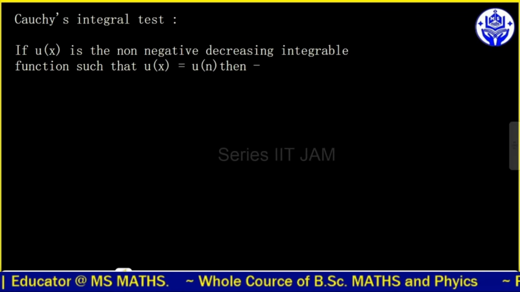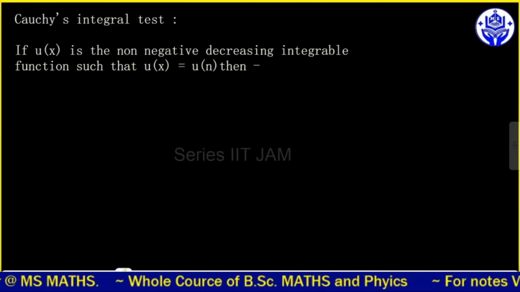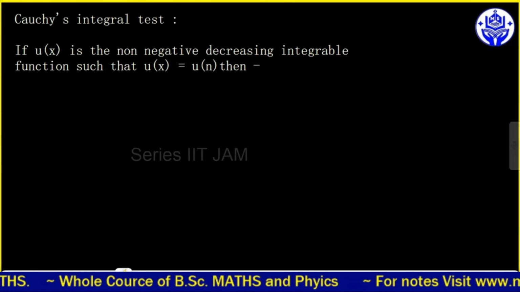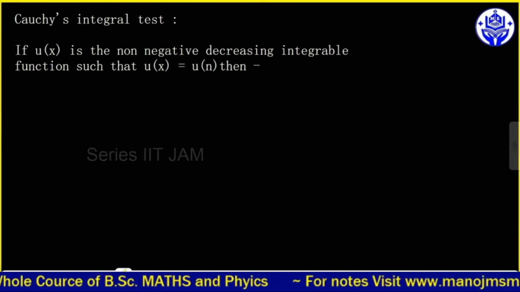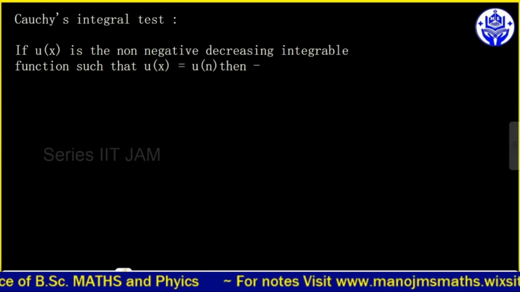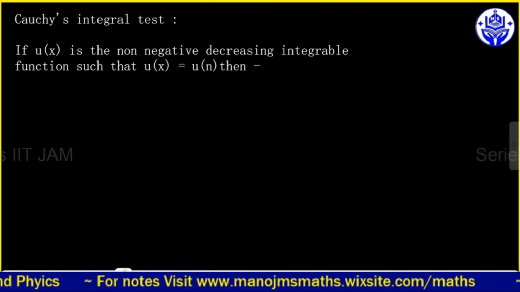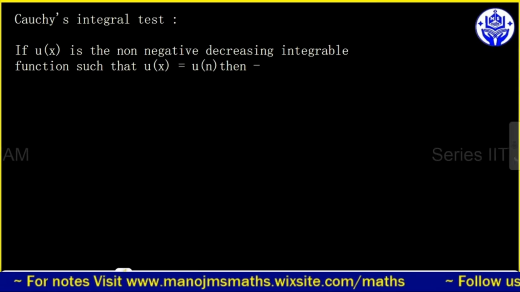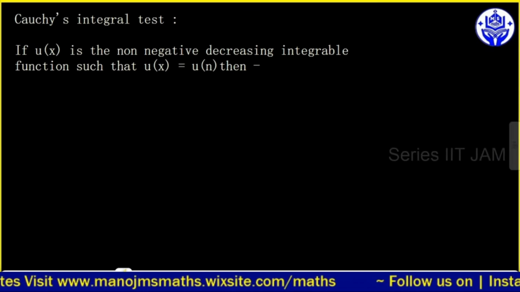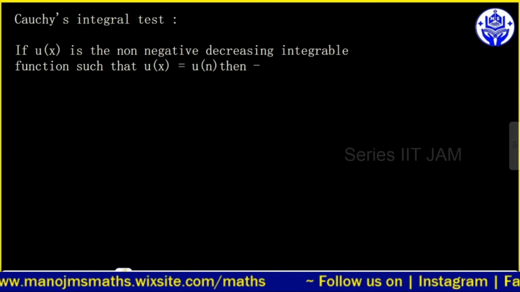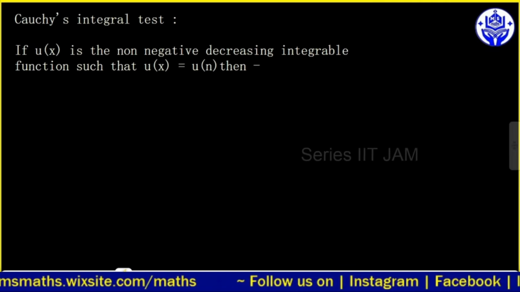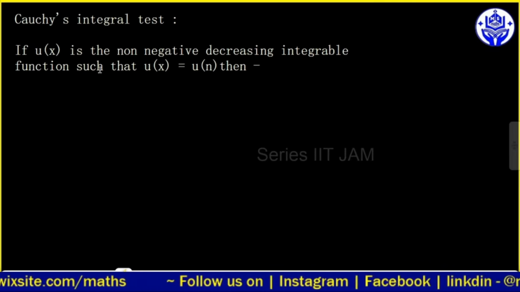फंक्शन होता है उसको हम इंटीग्रल से टेस्ट करते हैं। देखो इसके लिए आपके पास में एक स्पेशल फंक्शन होना चाहिए। अगर आपके पास में कोई नॉन नेगेटिव डिक्रीजिंग इंटीग्रल फंक्शन है तो उसको हम इससे सिंप्लीफाई कर सकते हैं। मतलब ऐसी अगर आपके पास में कोई सीक्वेंस है जो कि नॉन नेगेटिव हो और डिक्रीजिंग हो,